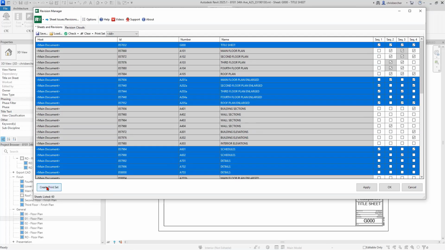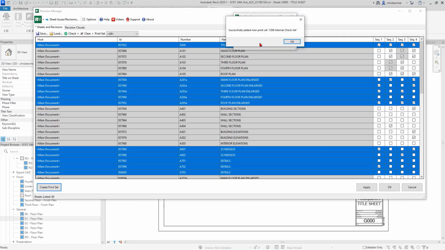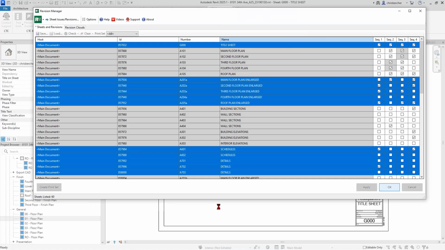So then I can hit Create Print Set down here on the left. We're going to get a little window that pops up for you to give it a name. And I'm going to call it that. Hit OK. It creates it. Excellent. Now I'm just going to hit OK and close this out,